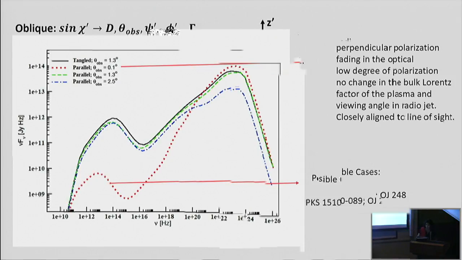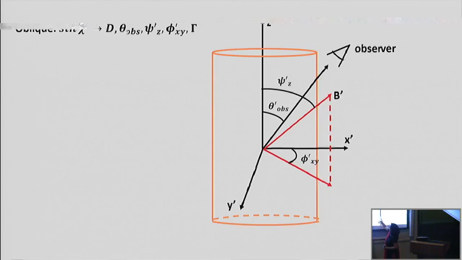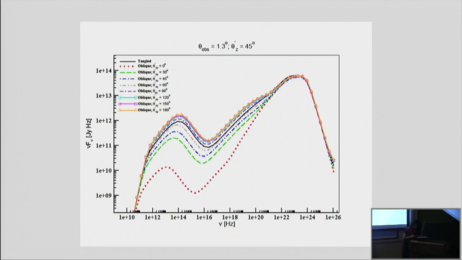Moving on to the oblique geometry, this is when the magnetic field makes an angle to the z-axis. So in this, the z-axis and its projection. What happens is, when you look at the SED, as you change the obliquity of the magnetic field, you start to see how the Compton dominance and the spectral hardness of the SED is changing, with one particular scenario becoming quite interesting, which is when